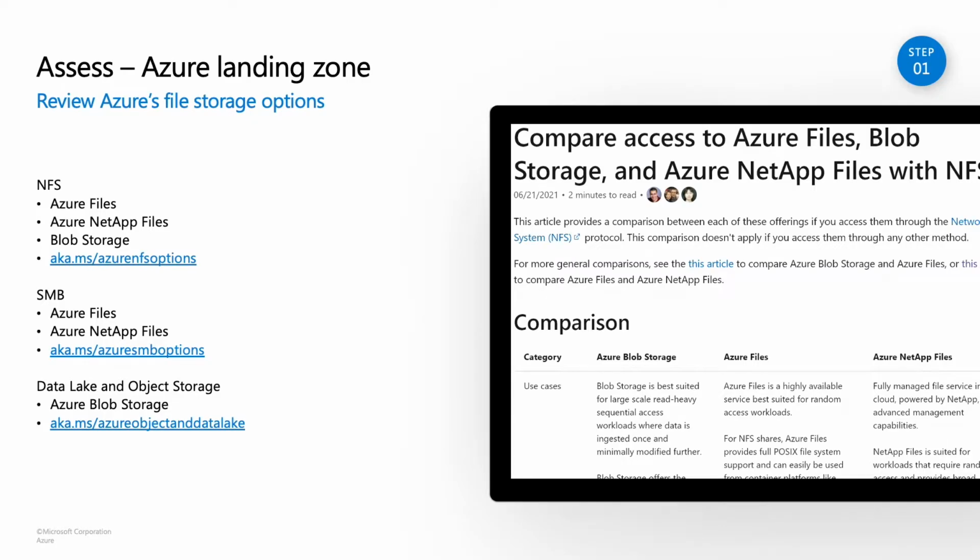So let's take a look at what a file migration workflow should consist of when it's executed in a safe and proper manner. It starts with step 1A, and that is understanding where in Azure you should be moving your data to. We've taken a lot of time over the last couple of years to compile resources to help our customers understand the SMB protocol options, the NFS protocol options, and our object and data lake storage options that are available to customers in Azure. So please take the time to review these assets and resources to understand what is the right platform and solution